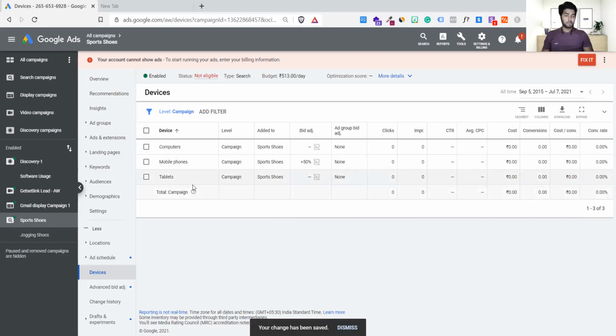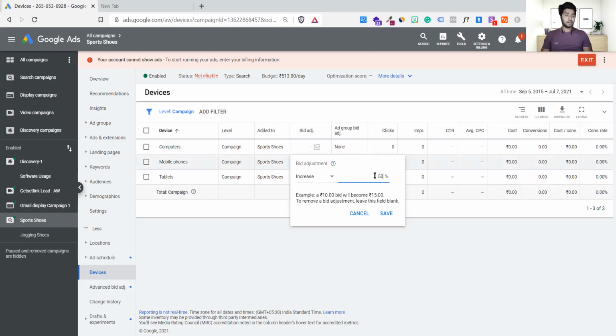So what will happen? Irrespective of whether people are searching from computer or tablet, that's fine, but you will see clicks coming in very few, because it is not going to bother you if someone is clicking 3-4 times. When you see the mobile phone clicks have drastically increased, your conversions will also increase, because you said my daily budget is 1000 rupees, and I want at least 500 rupees or more, for each bid type, whenever people are clicking, the value should be increased by 50% immediately for mobile users. That is your instruction. And if you make it 100, what will happen? It will completely go for mobile, so automatically it becomes for this placement, right?